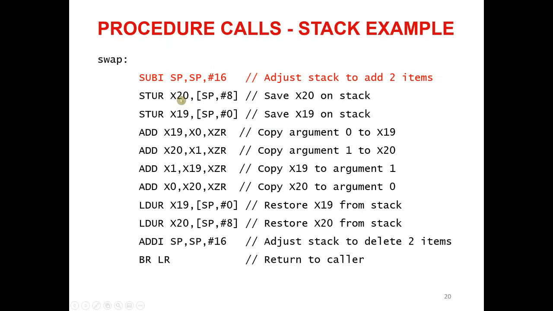Why do I want to store their values? Because in the procedure, after I have used those registers, I need to restore them to the initial value, because the specification of LEGv8 says that register 19 and register 20 must be preserved on a procedure call. So for storing them, I have my stack pointer. It's pointing to an address, and I know that I'm going to add 2 more registers. So I will need to add 2 elements.